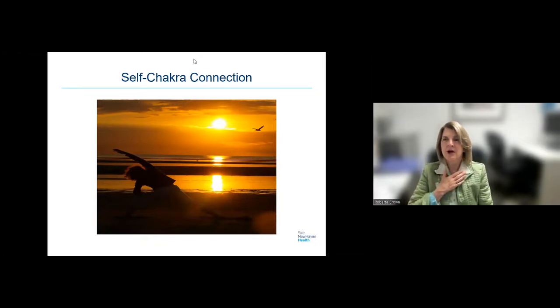Coming back to the thymus and then the throat. So the throat is our center for speaking our truth, being our authentic self, and it's the color sky blue. So just imagine the beautiful blue sky, breathing in and out, feeling any sensations of warmth or tingling or any vibrations,